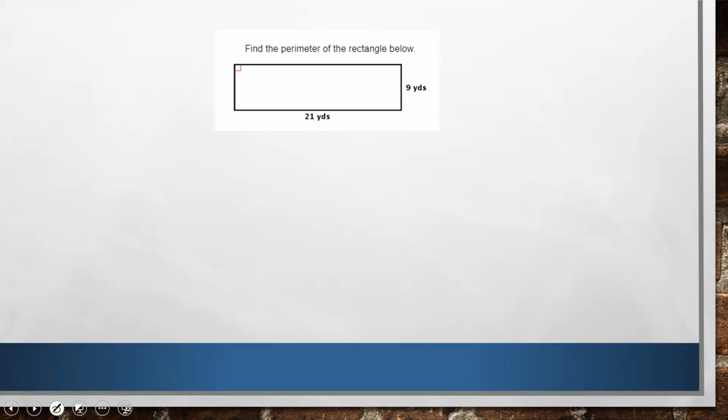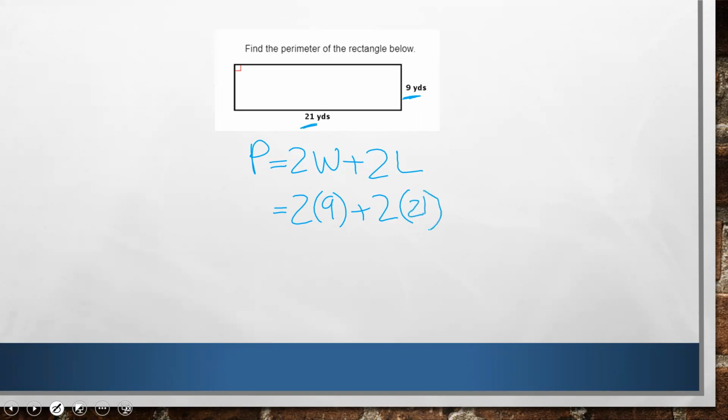Let's do this example. Find the perimeter of the rectangle below. So if perimeter is equal to twice the width plus twice the length, that's 2 times my width, in this case 9, plus 2 times my length, in this case 21. So 2 times 9 is 18. 2 times 21 is 42. Add them all together and you get 60. In this case, that's